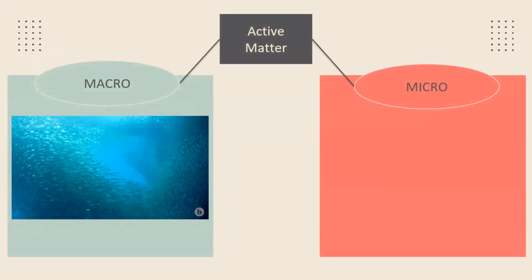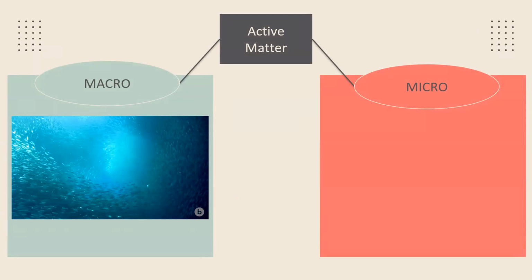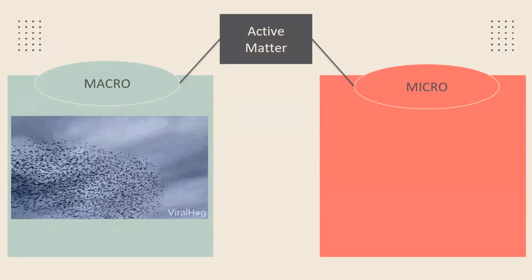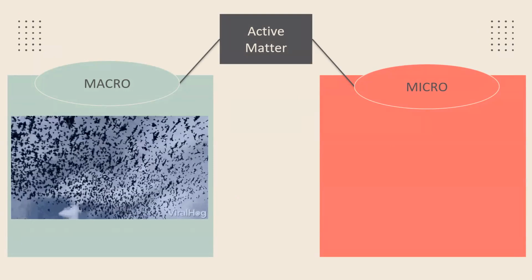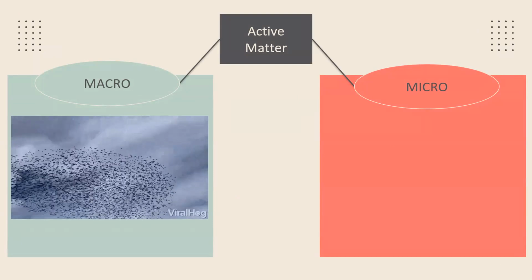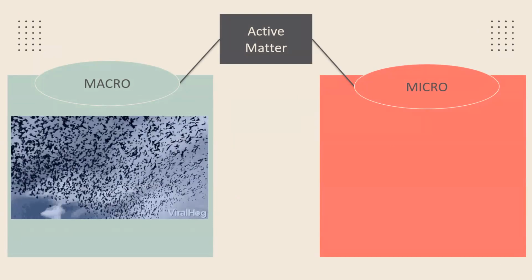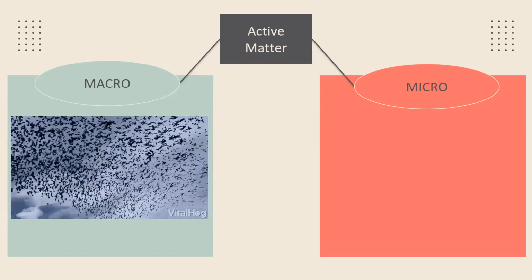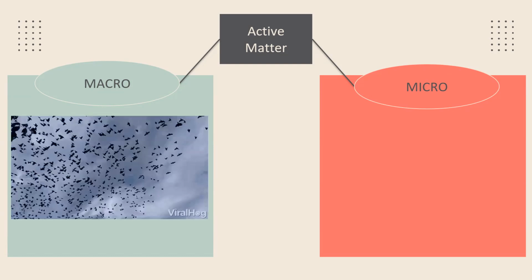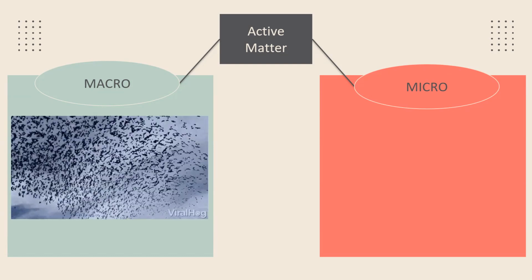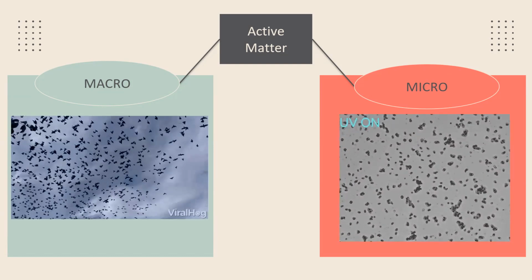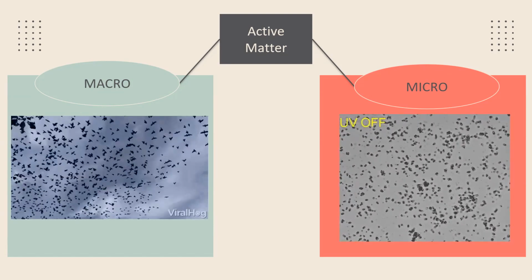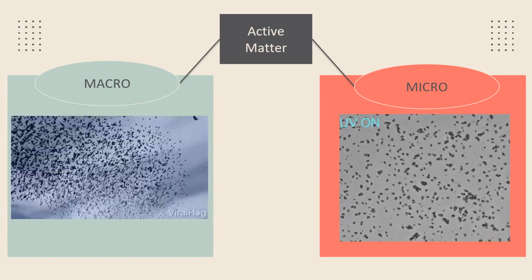So on a macro scale, schools of fish, flocks of birds, these are all individually powered organisms that are moving in a structured and coordinated direction and moving with respect to their neighbor. So this is on a macro scale, but what I work with is on the micro scale level of microparticles in my lab. So they are swimming similar to the fish, but these are light activated, in particular with UV